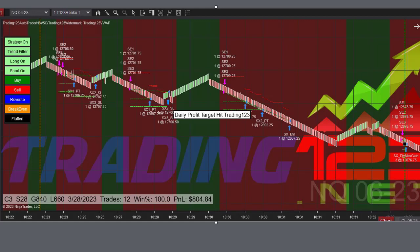Here is our third trade on the NQ. Again, the market starts a downtrend here, and the auto trader is just riding the trend down. 1, 2. Here's the first leg down. We call this a three-leg shake. One leg, two leg, three legs down, stair stepping, and then the final drop right here, the plunge. This is the falling off the cliff look here. As you see, you have your low here, and once this takes out, it accelerates down to the downside, and